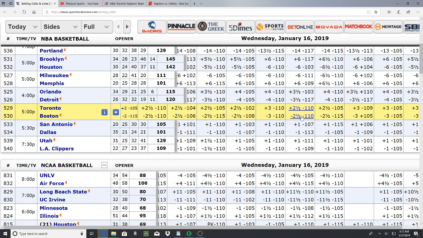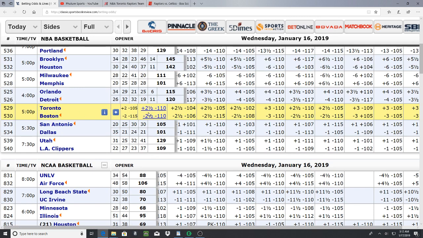No investment, no time at all. They're just going to take Toronto. The public typically likes to take teams that are on winning streaks. I'll tell you why this is the wrong method. The right play, the correct play would be Boston here, and I'm going to explain to you why this was a play. Like I said, 3-point rule, they're shading this line toward Toronto.